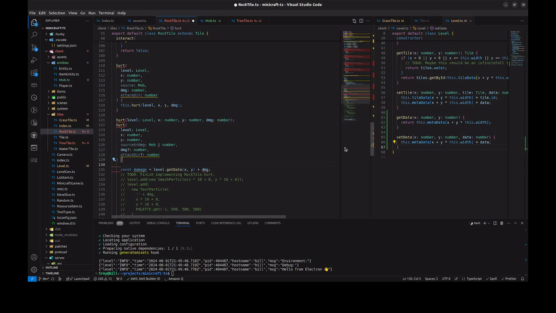So, see if I can do this right. Oh, just gotta think. If source or damage, instance of mob,